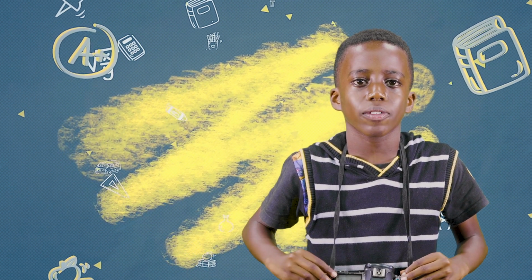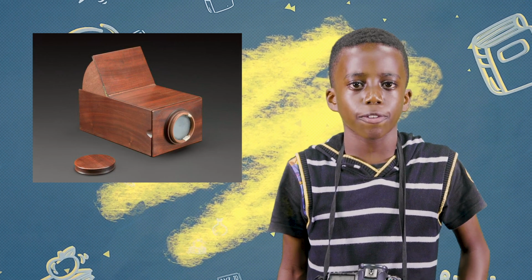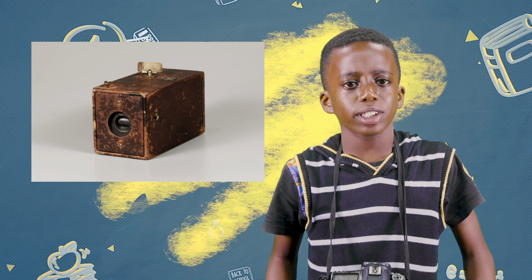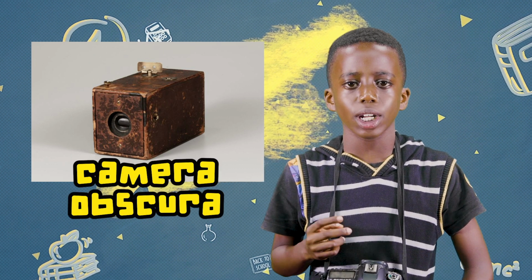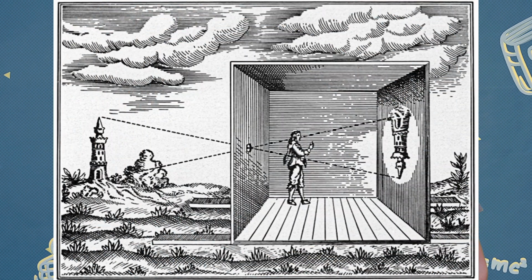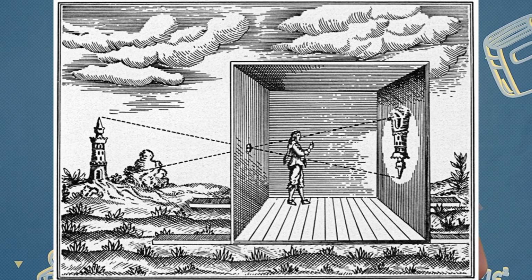By studying some of the very earliest types of cameras, we can learn how modern-day photos work. The very first cameras were called a camera oscura, which comes from two Latin words and means darkened room. This is because they were room-sized. This camera oscura works on a simple principle that light travels in a straight line.